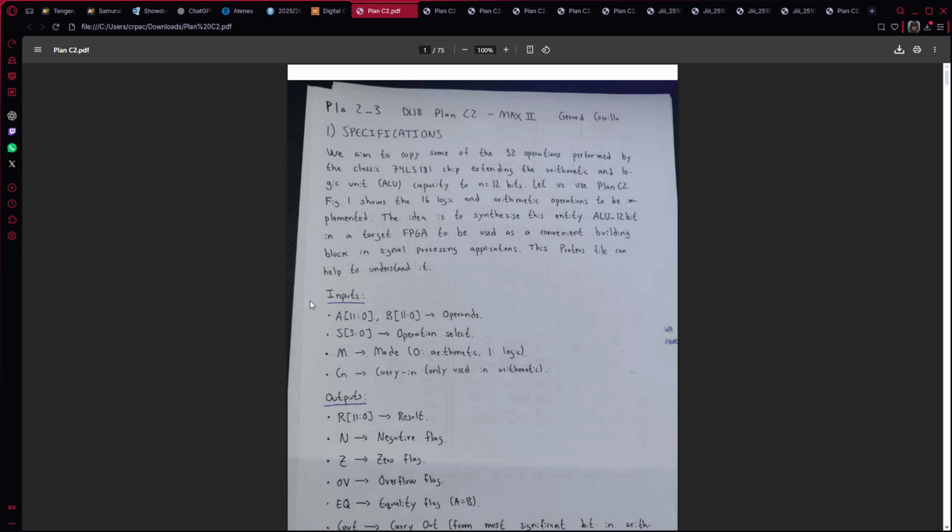This is the explanation for Plot 2.3 of D1.18 Plan C2. Make it with a max 2. This part is made by Gerard Carrillo, one of my classmates, and part of the team with me, with him and Ethan Peña. This part that we have given